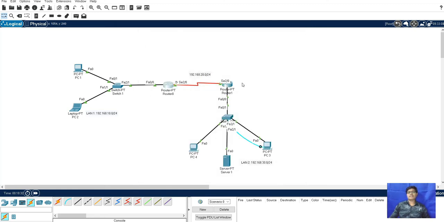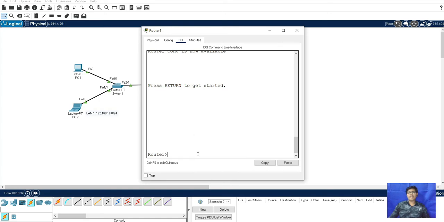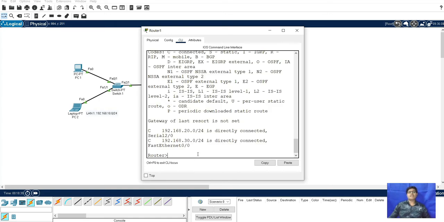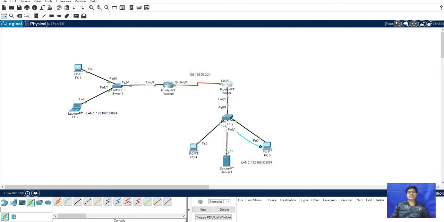After this we will check the connection with show ip route. So here the serial connection is connected to 20.0, and fast ethernet is connected to 30.0.